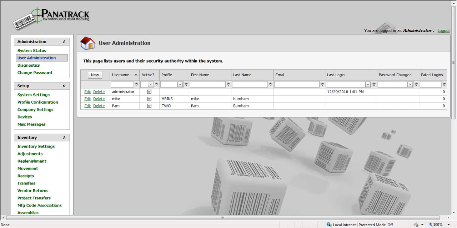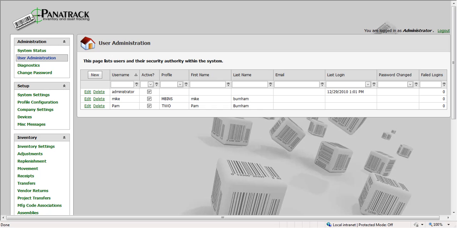This is going to be a very short demonstration of our Panatracker Transaction Manager. This is the server-side component that provides several different features for our handheld application. First of all, it provides the ability to set up configurations and users to access and use the handheld application. We also have a transaction manager logging tool that provides detailed logs of every transaction that was completed through the